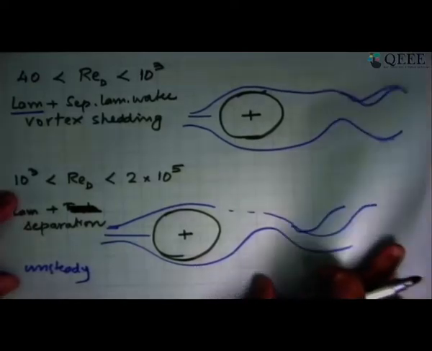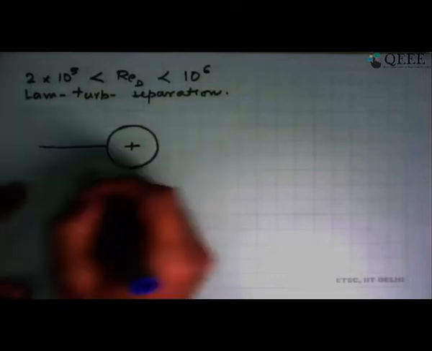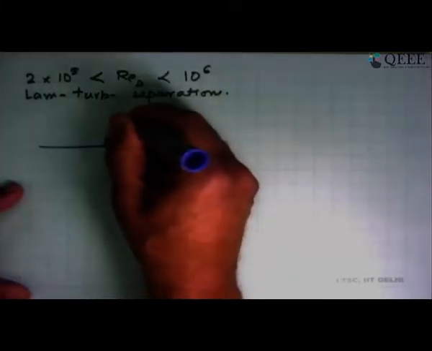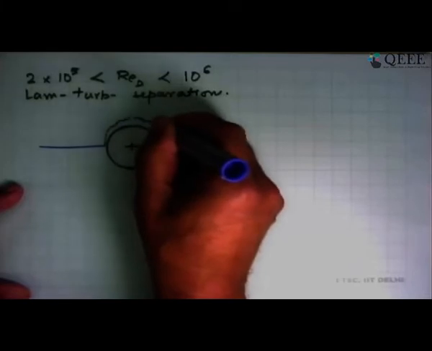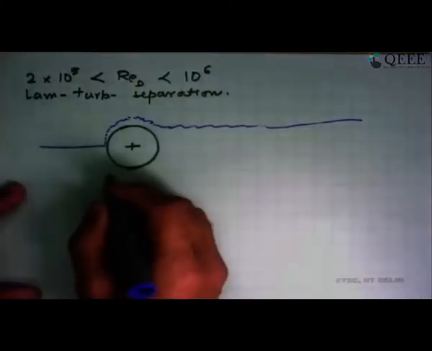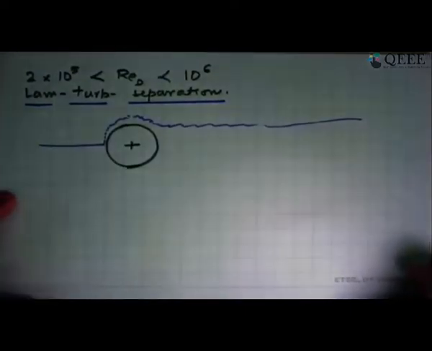And the last one, which is after 2 into 10 to the power 5, is that you have laminar plus turbulent separation. What happens here is this boundary layer begins to grow first as a laminar boundary layer. Then at some point it becomes a turbulent boundary layer which remains attached for some time, and then you have a completely open turbulent wake coming in. So it starts as a laminar one, becomes turbulent and separates, and this is what you get. So for these 5 regions,